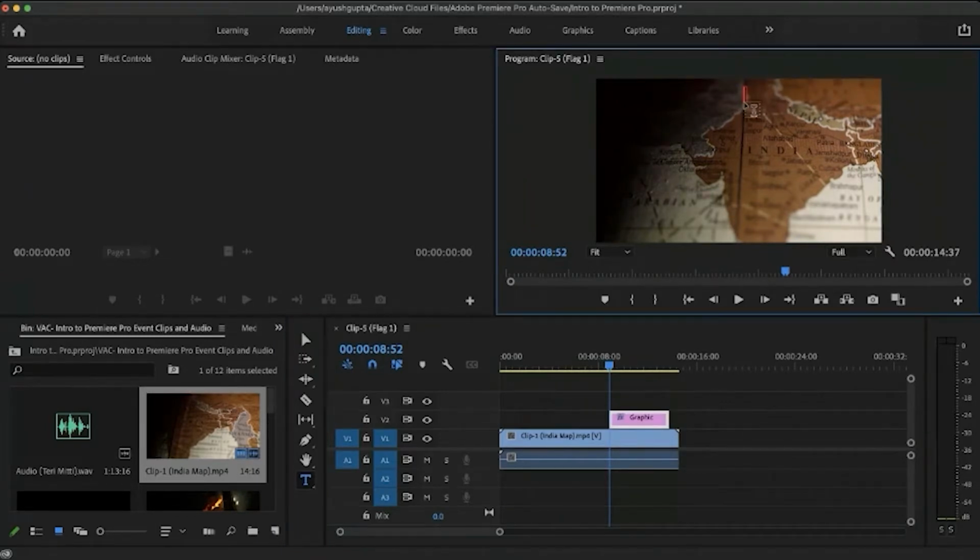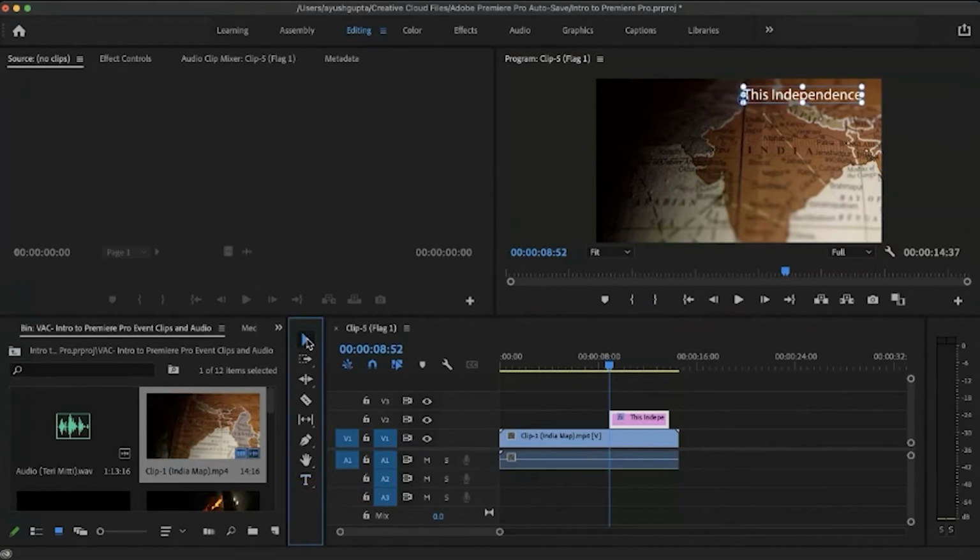So you can see this red text box. You can type whatever you want, and then this is the selection tool.